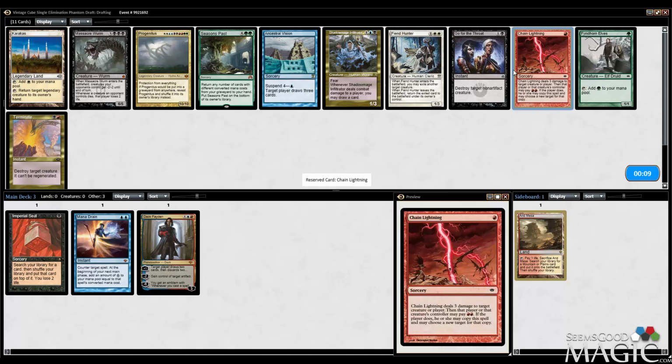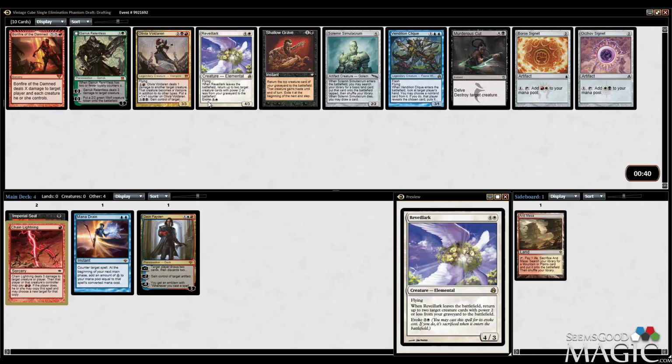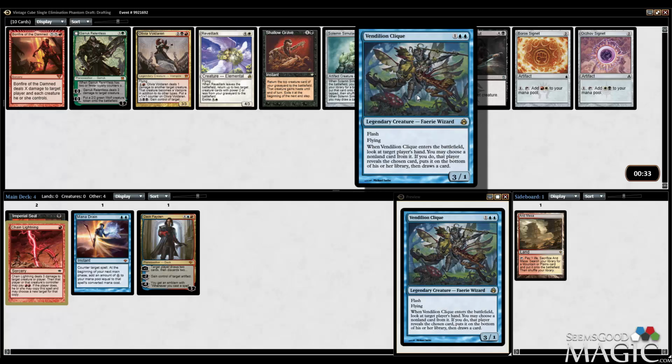Yeah, sure. Nobody ever drafts red in these cubes. All right, this is just weird because there's basically a lot of great cards here. If you get into creature combat, Olivia can basically beat anything. Solemn is just a strong value card, and Vendilion Clique is kind of exactly what we're looking for if this